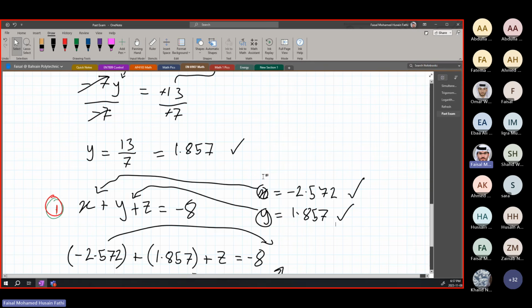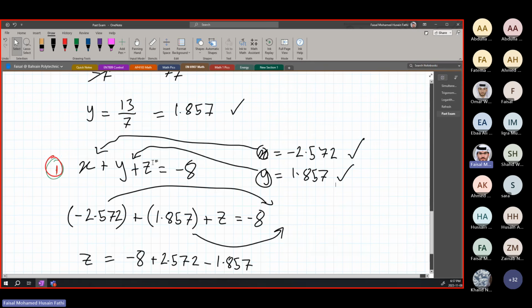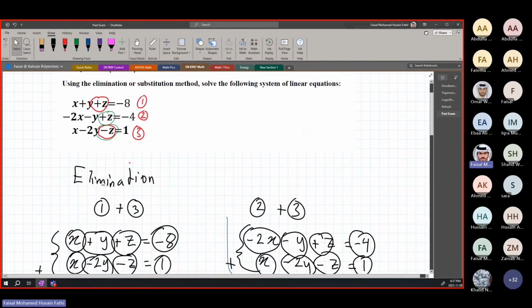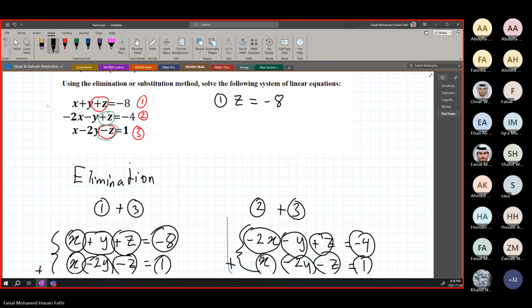Any questions about this so we can move on? I think everyone now understands elimination. Substitution, what are you going to do in substitution? Substitution, just quickly, I'll give you an idea. Here, for example, equation 1, okay, you do z by itself on the left side, equal to minus 8 minus x minus y. The x and y we moved to the other side. And then we take equation 2, for example, the same move, we keep z on one side.